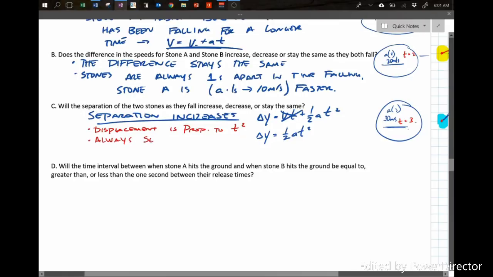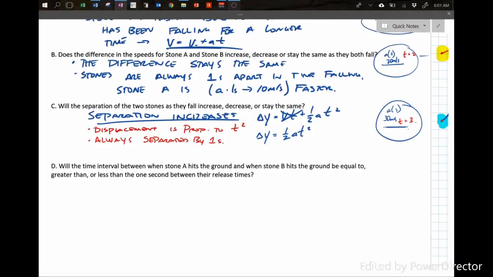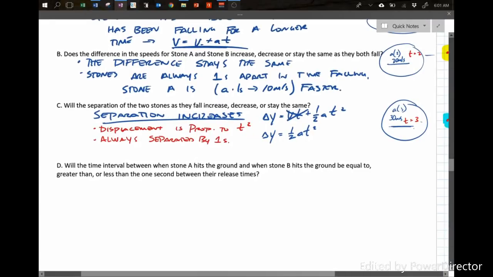These objects are always separated by 1 second of falling time, but the difference between 1 squared and 2 squared is only 3. And the distance between 2 squared and 3 squared is 5. Right? So instead of being linear, where they're always a times 1 second apart, that t squared means that